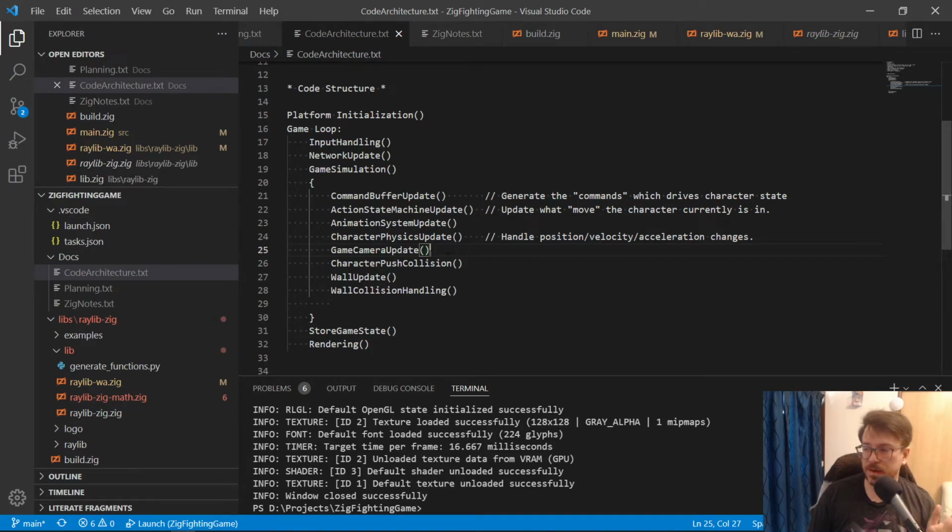There can be effects there, but the thing we have to consider though is even if we do that, the wall might prevent the character from moving in the first place, so the camera can't move a certain distance, right? So we have bounds on the camera's position as well, but I think we're going to handle it in here. Anyway, we'll get back to that. There's a lot of subtle nuances to handle how you do this stuff in a fighting game.